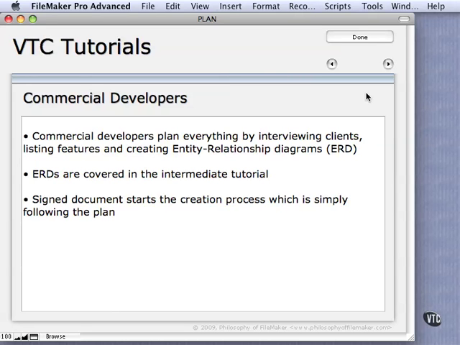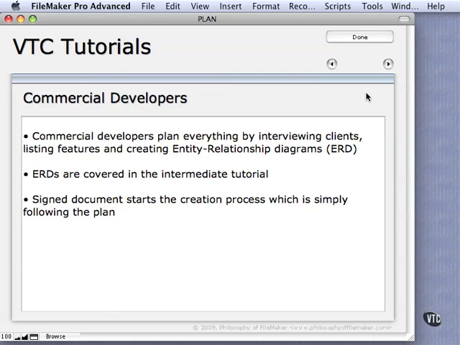And even though you may be an in-house developer, you should really still do this stuff with your company. Even if you know the job, even if you've been working there for 10 years, you may not have really gotten down to the details of what this worker does over here, because you need to understand that workflow, how they work in their job. You need to watch them do it. Even if it's just for a couple of hours, ask some questions. You really need to get into that whole workflow and understand how it works so you can design a good